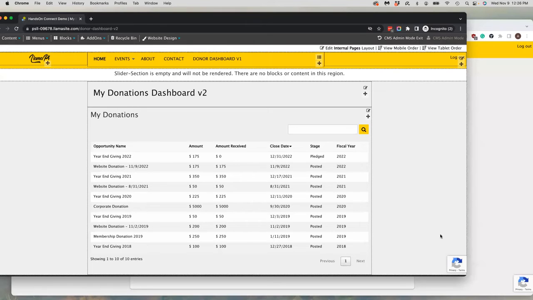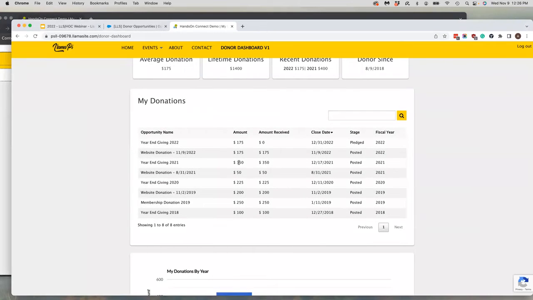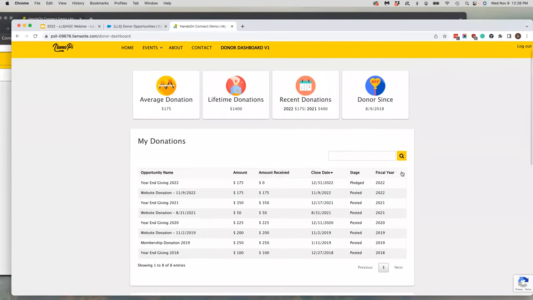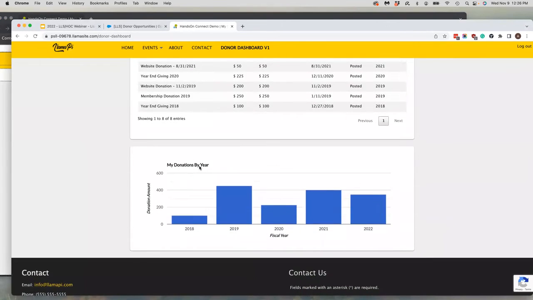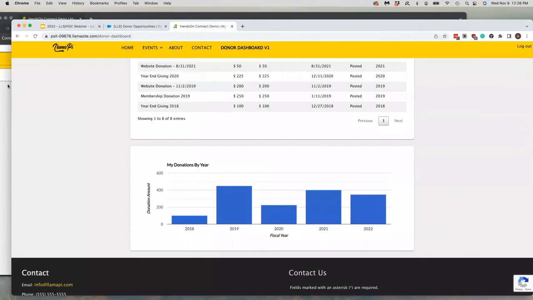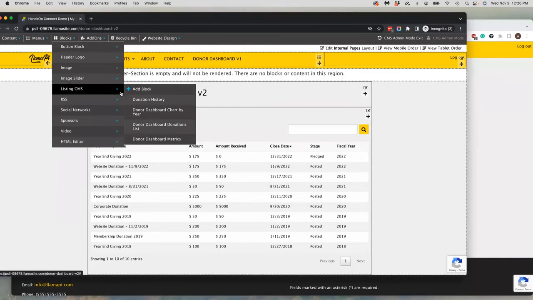So I'm going to leave it like this for the moment while I add the other 2 listing blocks. The next listing block, if I compare it here, is actually identical to this. It's the same one. So now I'm going to go and look at my donation. I'm going to add this chart here. So I'm going to go here, and all I'm going to do is start another listing block. And so I am going to call this